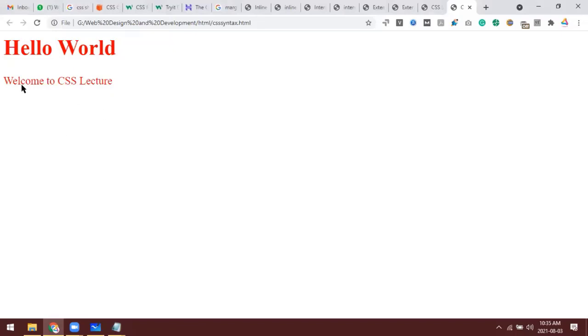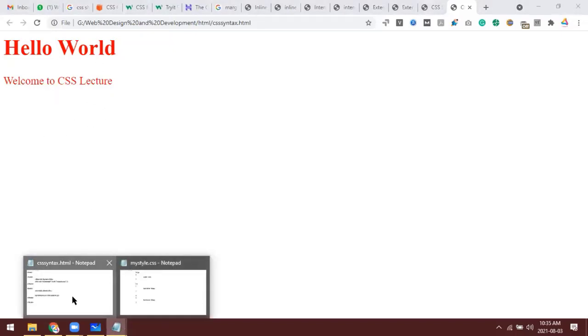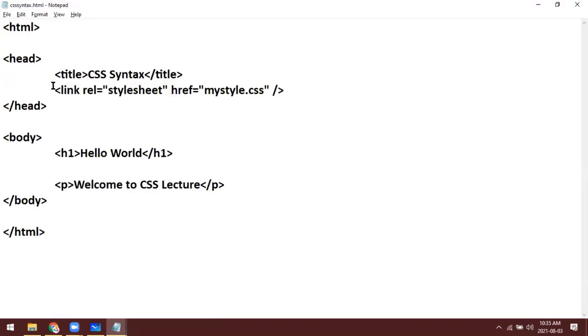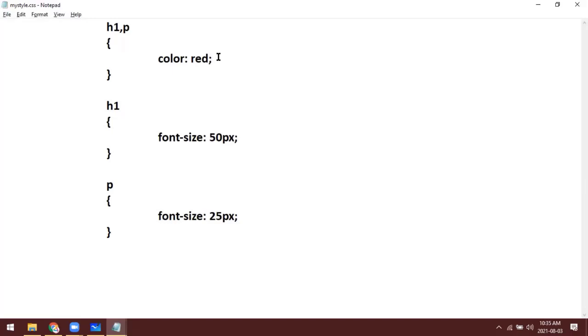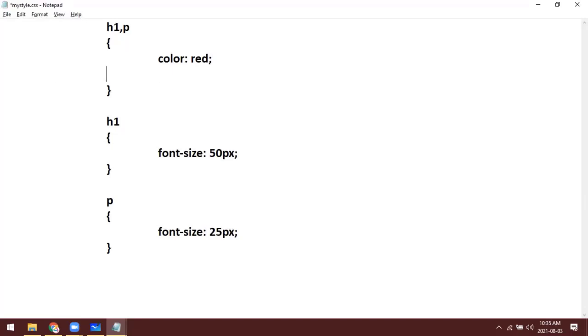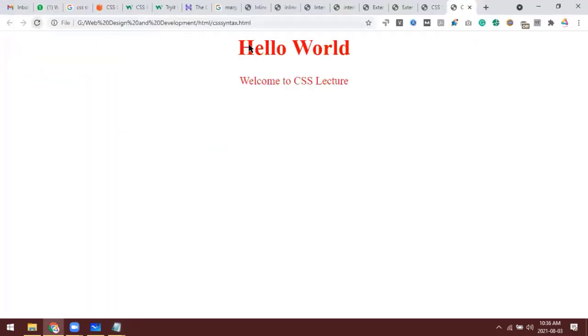So if everything is correct, hopefully if I open this page, now we see the style is applied, right? So it means we have correctly linked this external style sheet. Now if I apply another style, text align center, which we use to center the text alignment. If I refresh, now text will appear in a centered way, right?